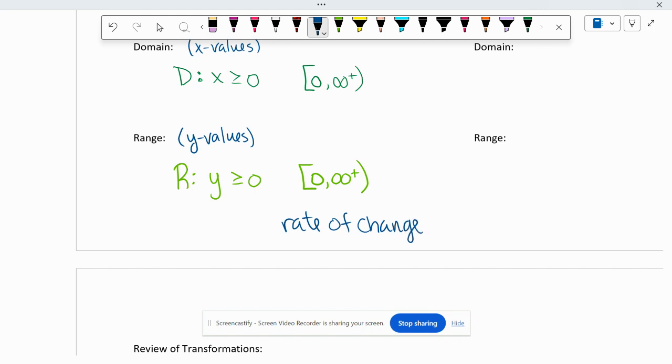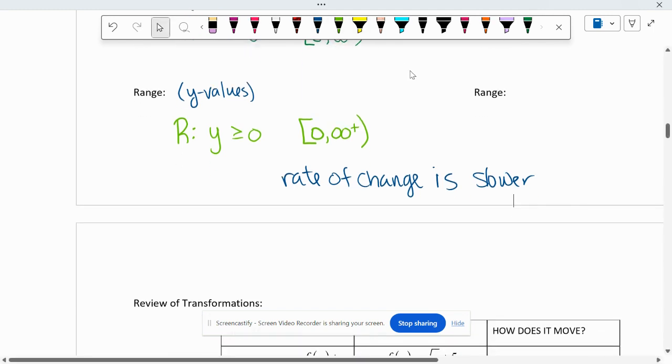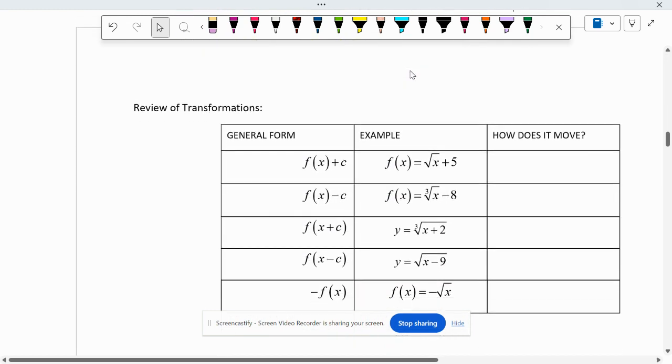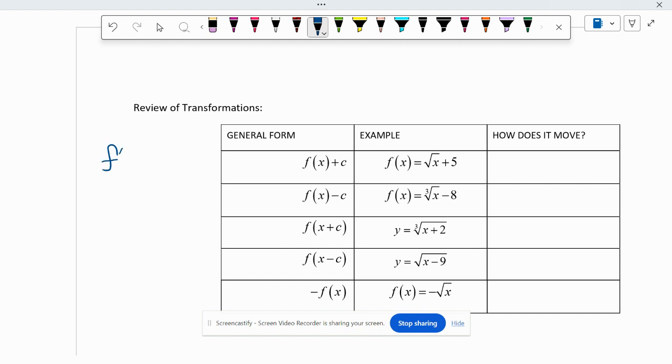I'm just going to write the rate of change is slower, right? Because you're taking the square root of a number. Instead of growing by a square or a cube, you're taking the root of it. All right, so we're going to talk about transformations, and I'm only going to focus on the ones that are